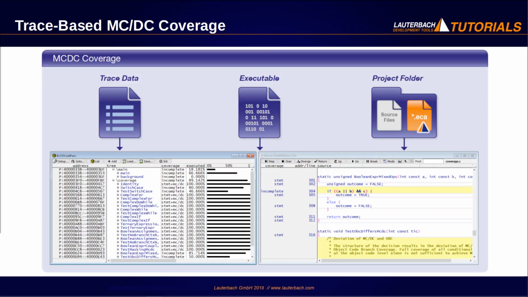To prove MCDC coverage based on trace data, a comprehensive analysis of all decisions and their corresponding conditions is required. The analysis requires that the structure and the position of all decisions within the source code are known to the tool. This means that additional information about the source code structure is required. This is currently not part of the debug information generated by the compiler.